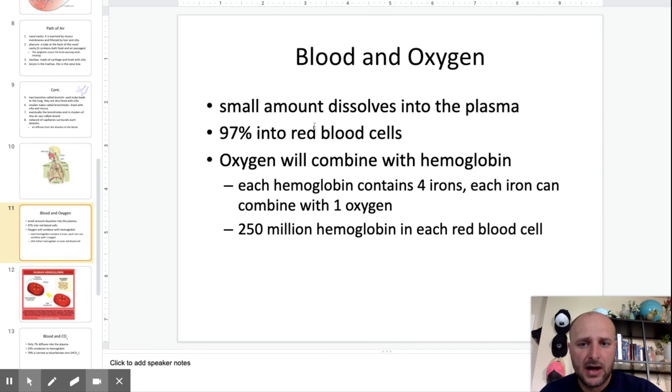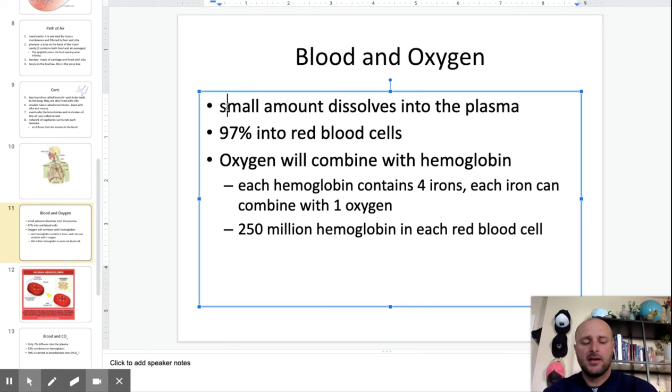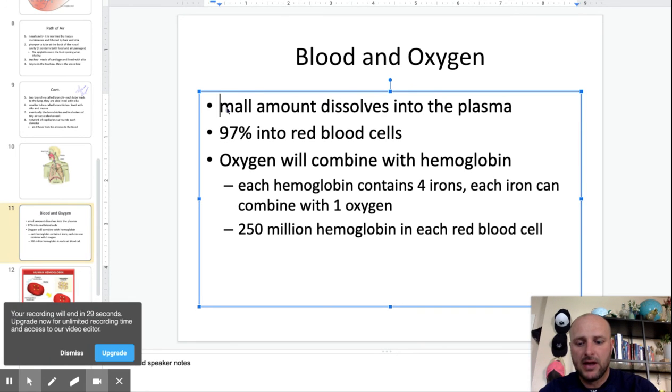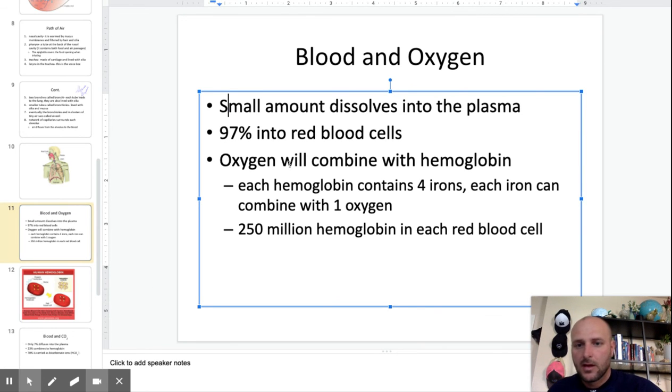Now, how is oxygen actually carried in the blood? Well, small amounts will be dissolved into the plasma, just dissolved in there. Plasma is a liquid, and then most of it attaches to the red blood cells. On each red blood cell is hemoglobin, which is a protein that has iron in it. Each hemoglobin contains 4 irons, and those irons can each hold 1 oxygen. There are 250 million hemoglobin in each red blood cell. So it's not just one. There's a lot of hemoglobin in each blood cell, each able to